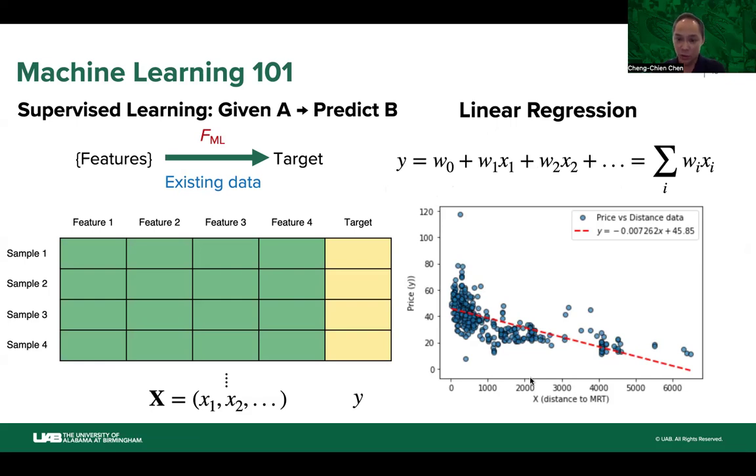An example I show here is the housing price. For example, these are actual data, housing price versus the distance of a house to the nearby mass rapid transportation. We might expect the housing price will be kind of inversely proportional to the distance to the nearest train station. In this case, you can train a linear model shown as this red dashed line. Once the model is trained, you get the corresponding weights, and we can make a prediction quickly.